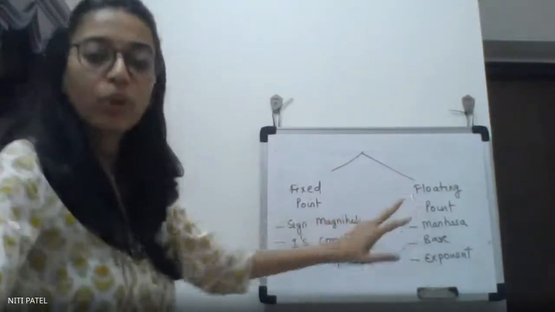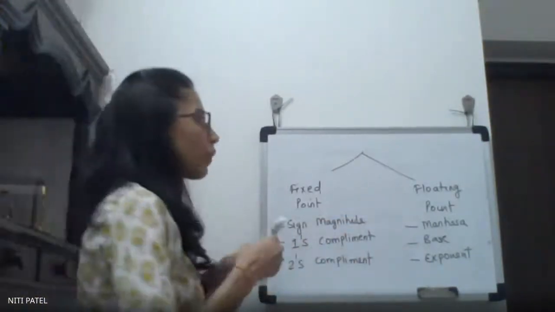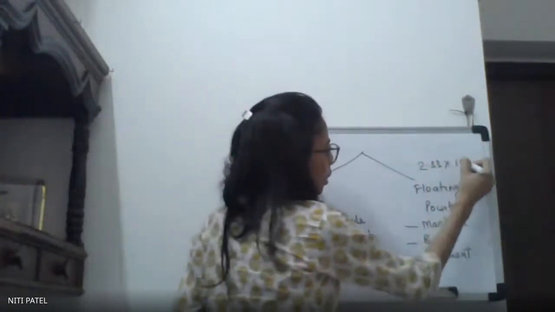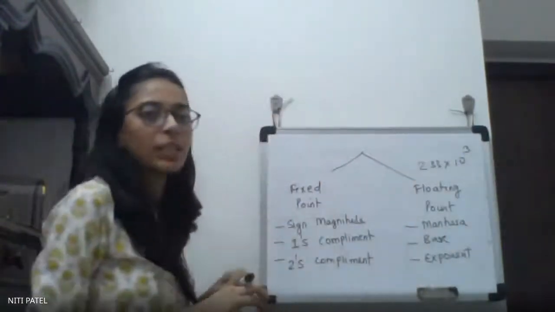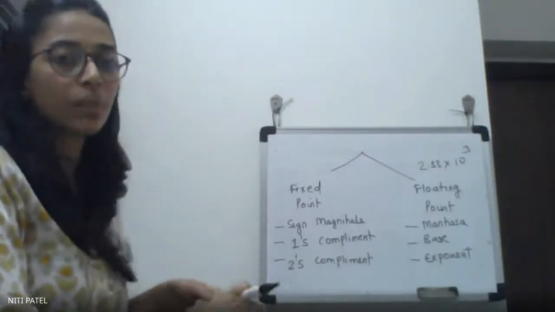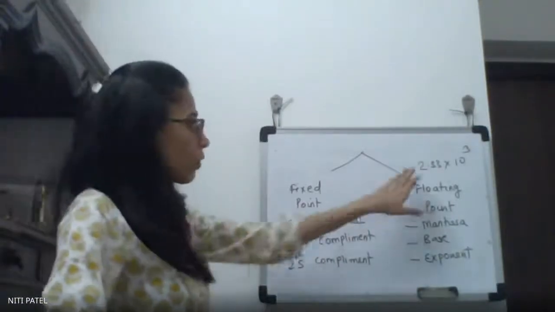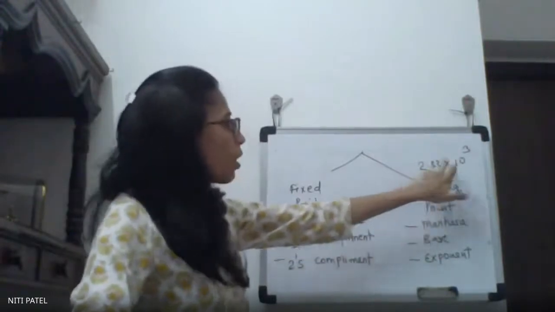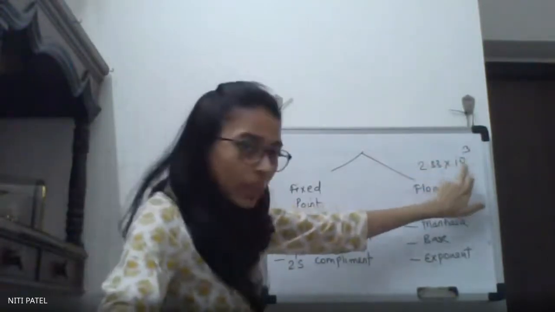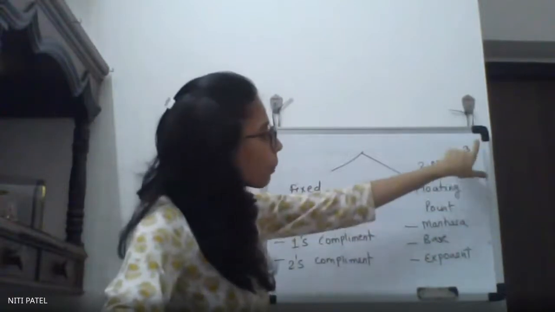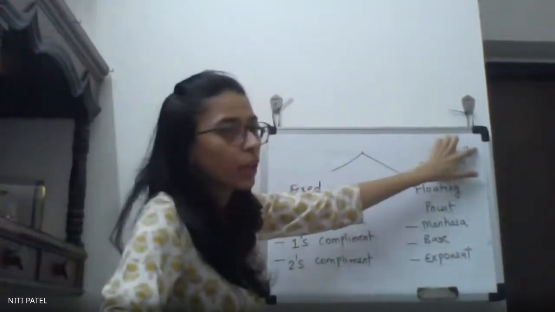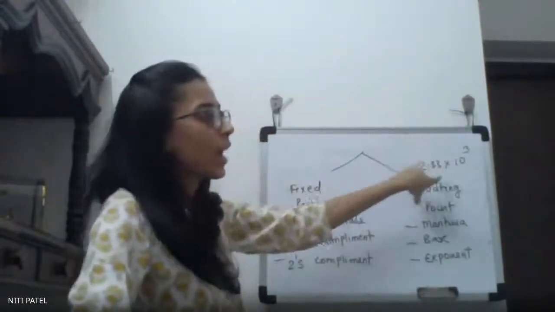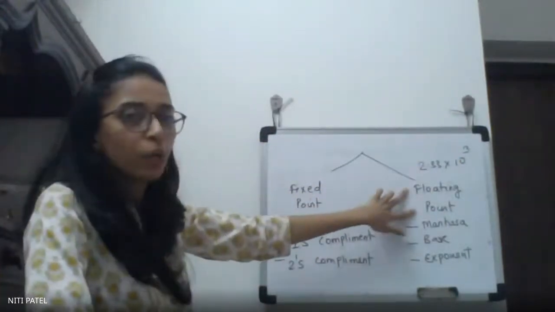Now what do you mean by floating point representation? If I have a number to be represented or given to a system for processing, such as decimal or floating values which are multiplied with another number, and that other number also has some exponent value, such kinds of numbers are represented inside your computer by using floating point.